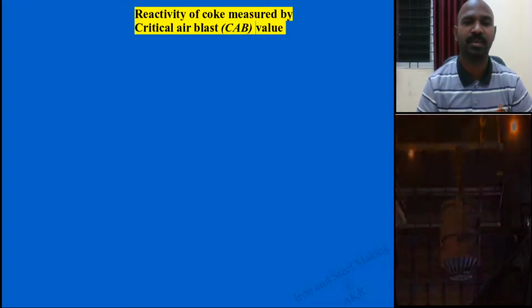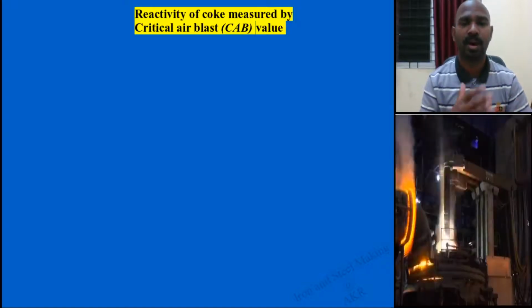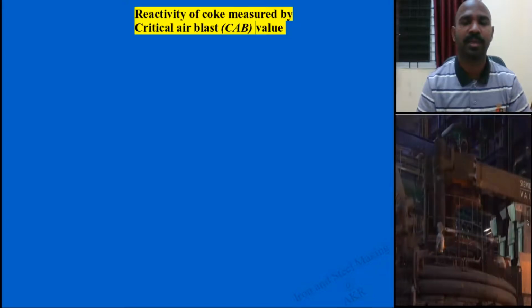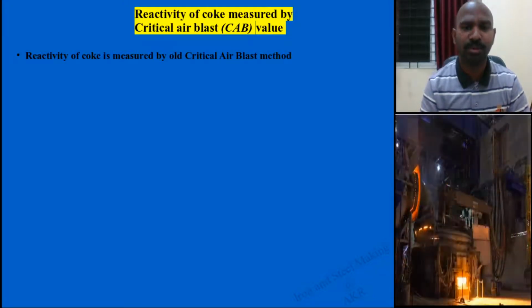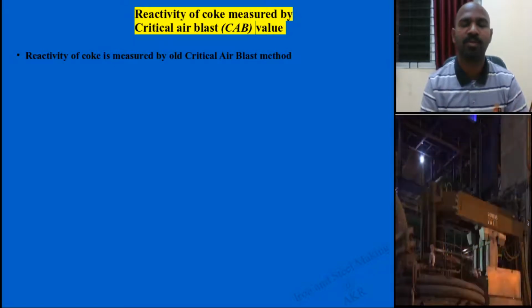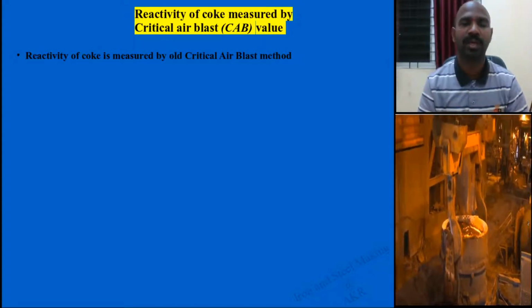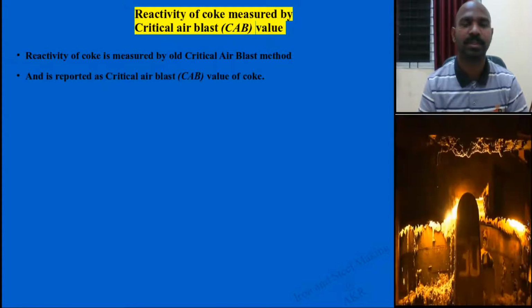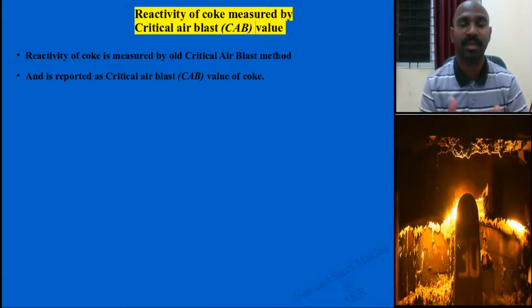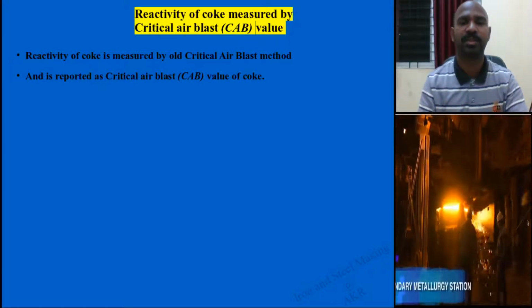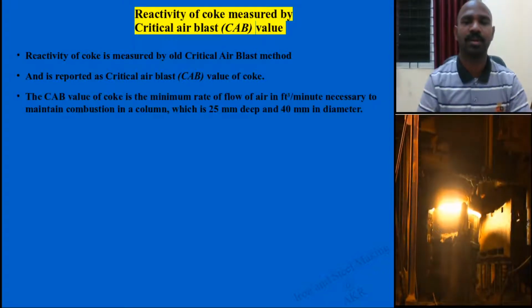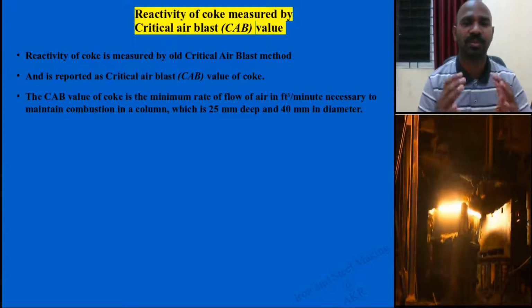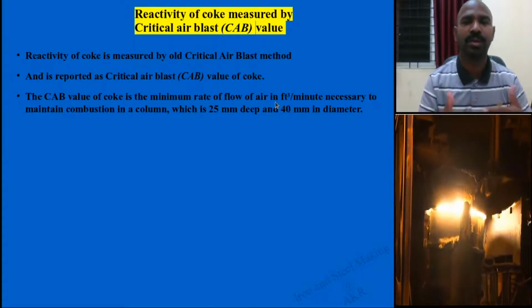Now, how do you calculate the reactivity of coke? There is an old method called critical air blast. How do you measure the reactivity of coke? Using the critical air blast method, you report the critical air blast value, the CAB value of coke, which means this is the reactivity. And how do you calculate it? The standard procedure followed for critical air blast value calculation is that the CAB